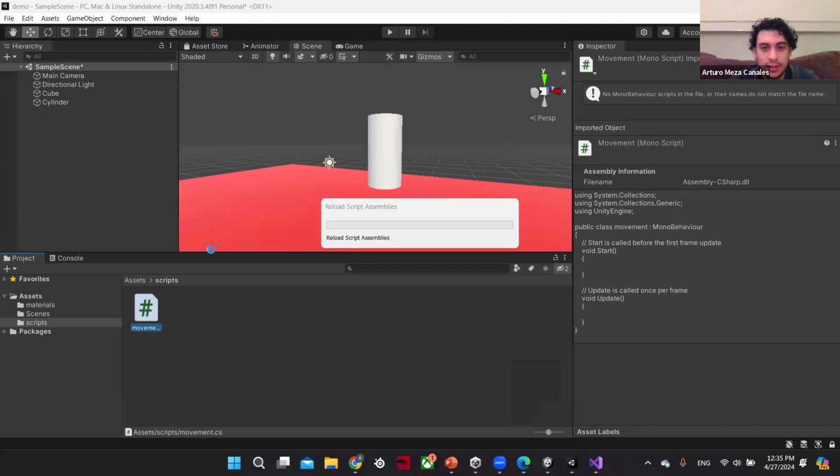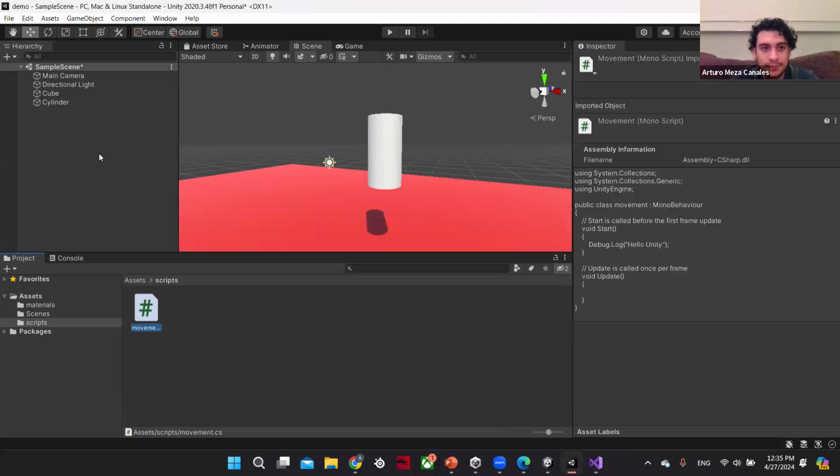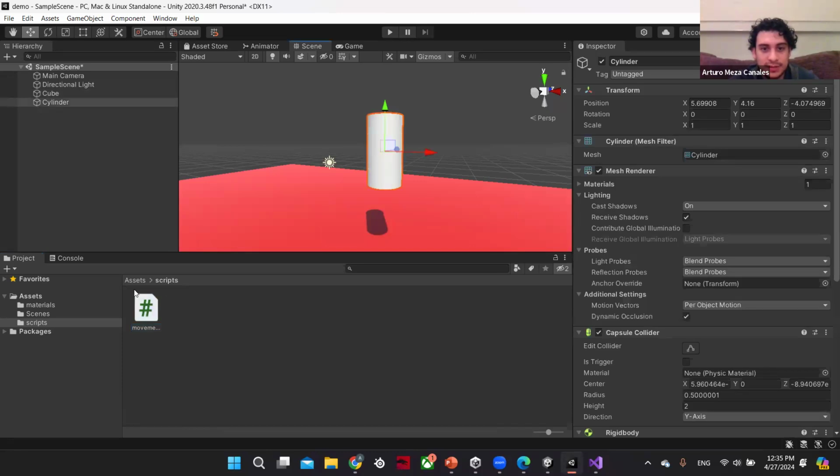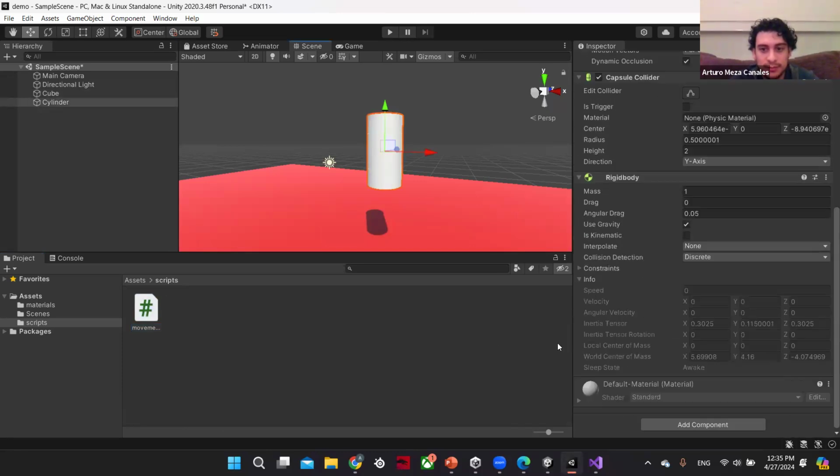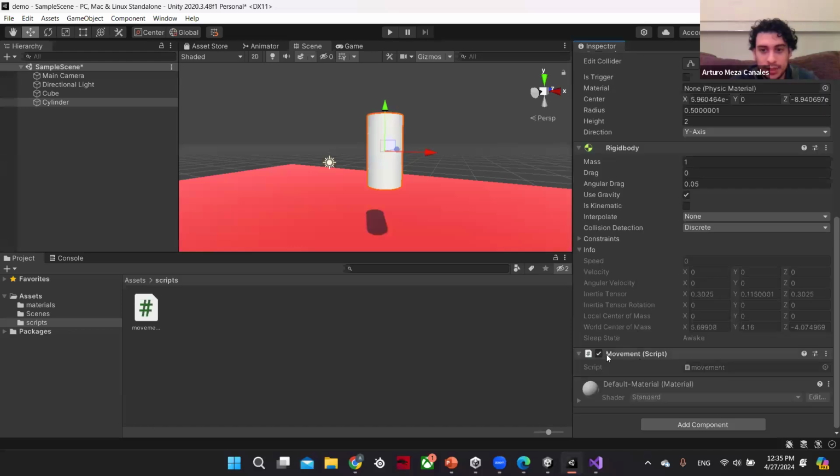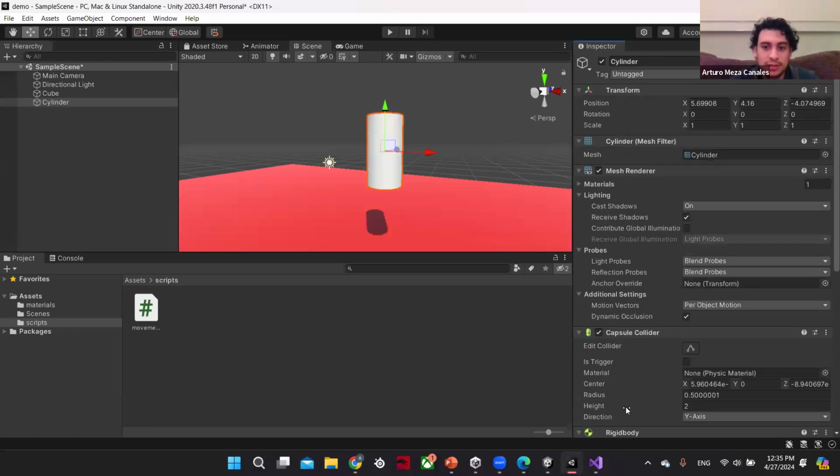Now we go back into our game. We can attach this movement script that we created into the inspector of the cylinder. So we'll just click and drag it down. And now we can see that the movement script is part of our cylinder. So when we run this game,